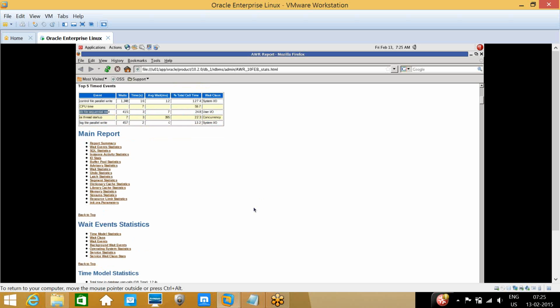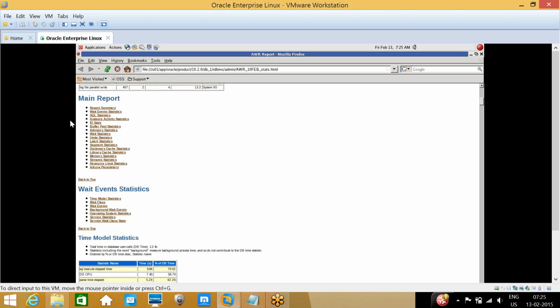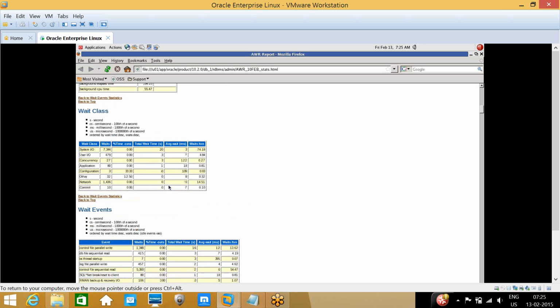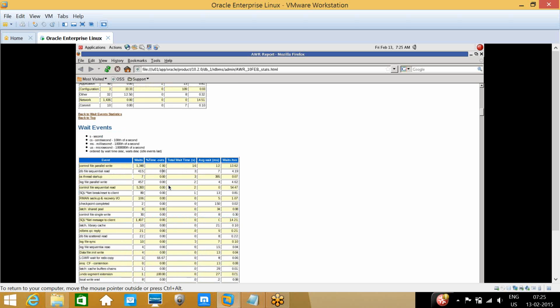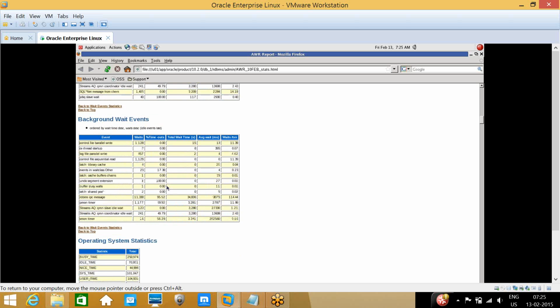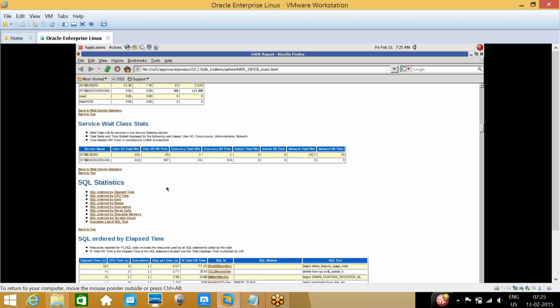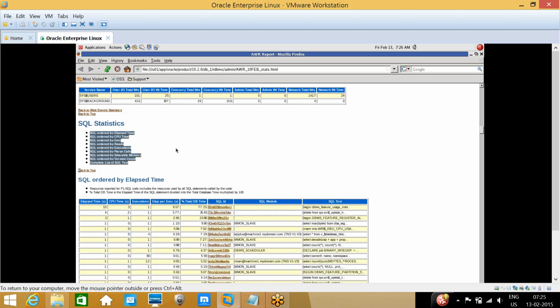Now in the main report, these are the report summaries: wait event statistics, SQL statistics and so on. Based on my top 5 events, I am going to the SQLs. There we have SQLs ordered by elapsed time, CPU, gets, reads, executions, parse calls, shared memory, version count, and the complete SQL text.